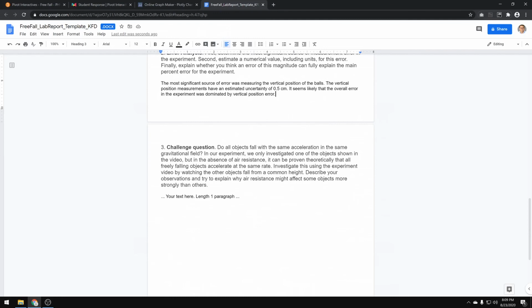But it can be proven in the absence of air resistance that all freely falling objects accelerate at the same rate. That happens because heavier objects have more weight, more force pulling them down. You'd think they'd fall faster, but they don't, because they're inherently more sluggish and slow to accelerate. So the two effects cancel out, and all objects will have the same acceleration. When there's air resistance, though, that goes out of the picture. So we wanted to look now at the effect of air resistance on the acceleration of these falling objects,